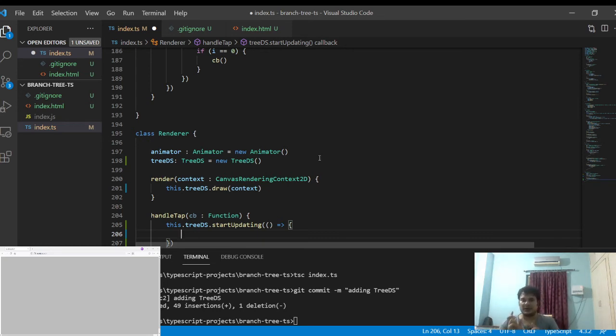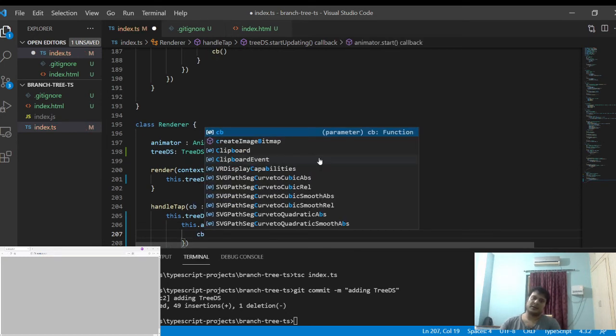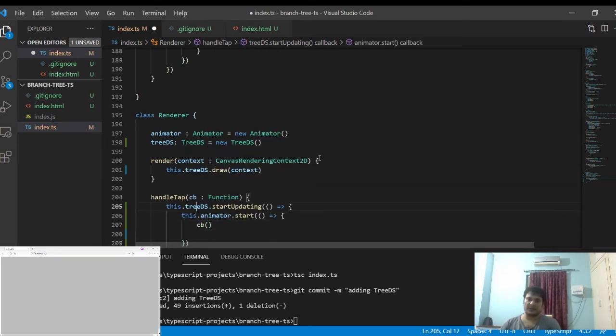As we saw, after start updating, we have to start the animator. Here we'll call the callback which is passed here, because it will mostly be the main stage render method, so that we can have the drawing effect regularly.